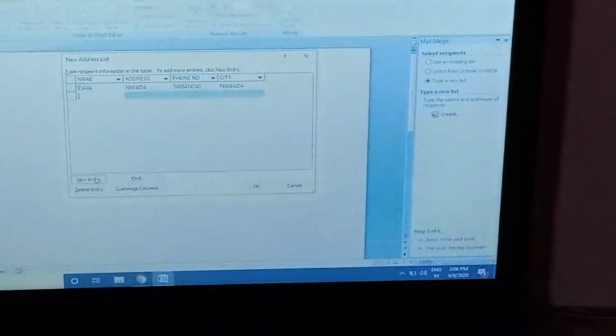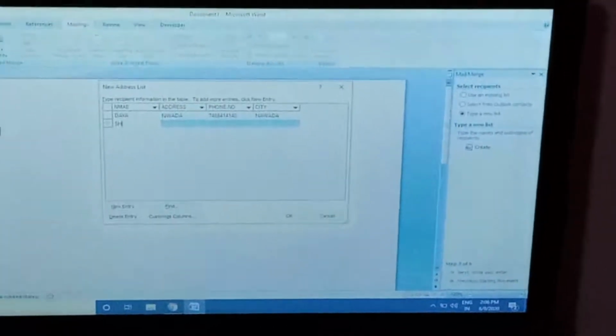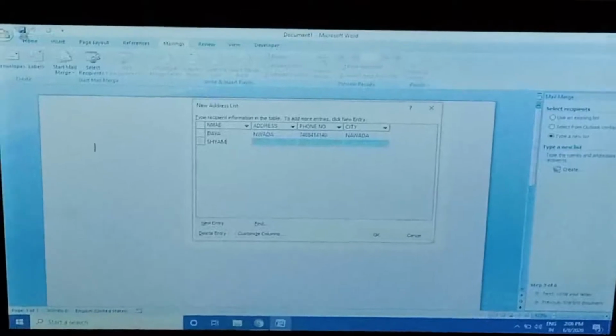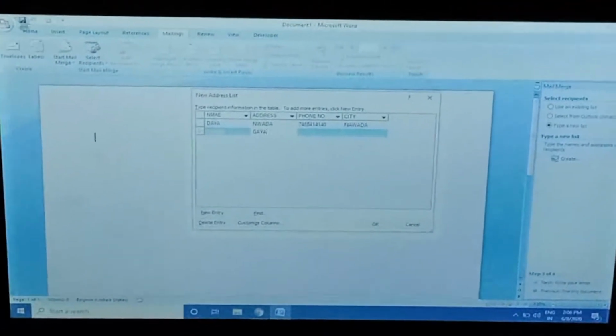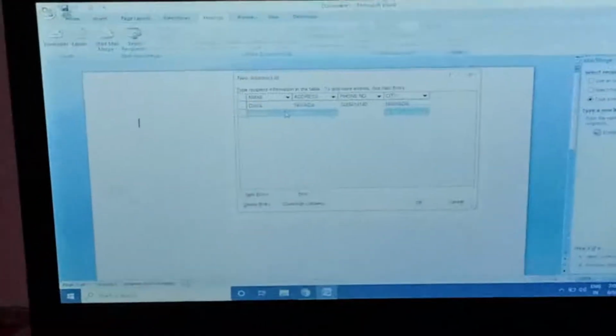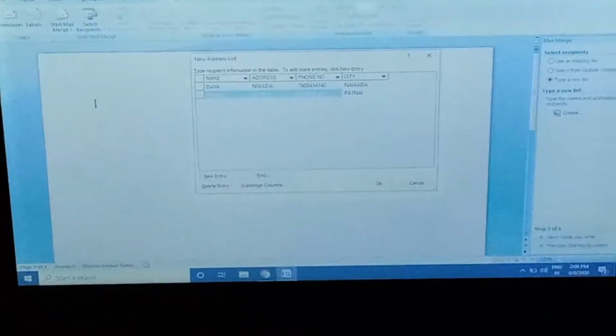Go to the New Entry option. The second entry: suppose the second name is Sam, the address is Gaya, the mobile number is any mobile number, and the city is Patna.